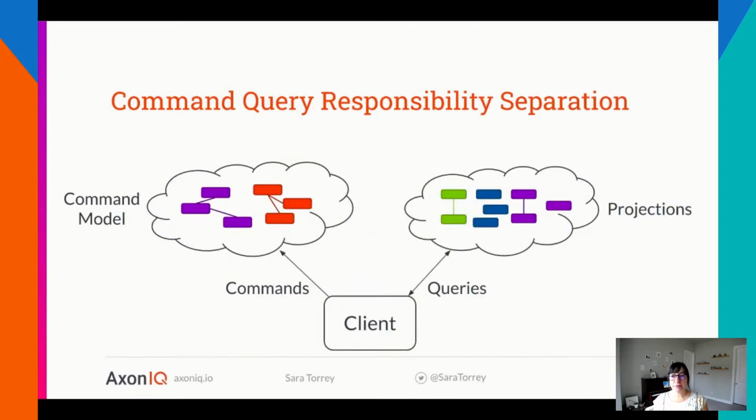So going back to the diagram, events that are published by the decision-making part of the application, which is the command side, can be used to synchronize the changes on both models. Now, as you may recall from the conceptual description of events, this makes the process asynchronous and therefore eventually consistent.